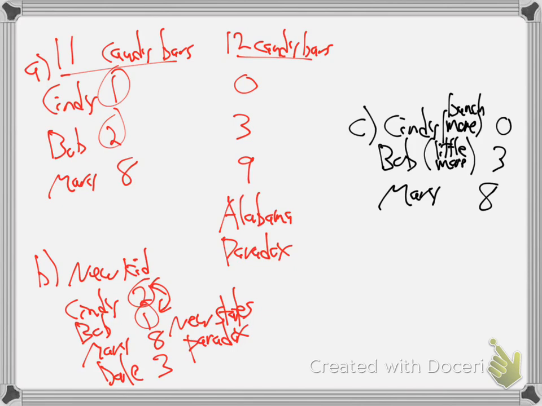That can happen. They both did more. Both Bob and Cindy did more. Cindy did a bunch more. Bob only did a little more. And yet Cindy loses one to Bob? That's called the population paradox. A slower growing state can steal one from a faster growing state, which doesn't seem fair. All those can happen under Hamilton's method.